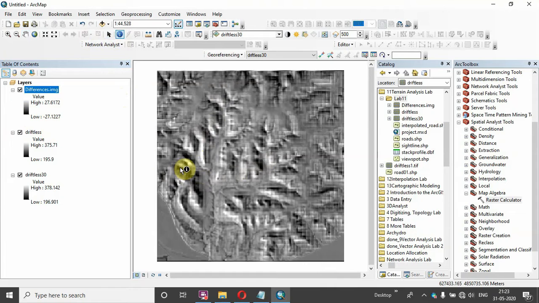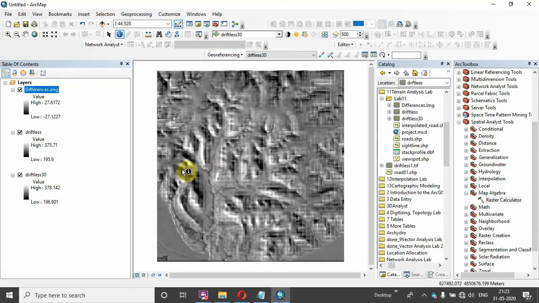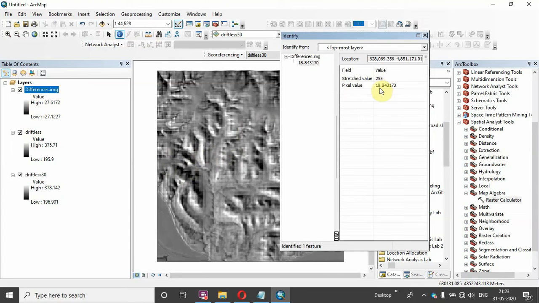So let's identify any darker region. Let's choose this area. It has -18. So I can say that in this area the elevation has decreased over this time period. Similarly, if I identify the white region, it has an 18.84 pixel value.